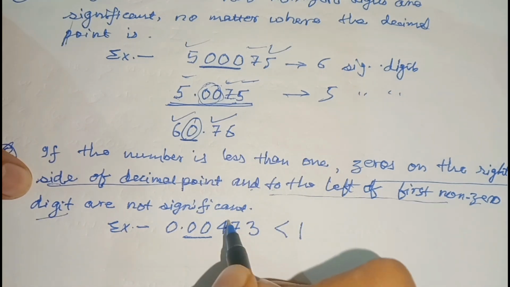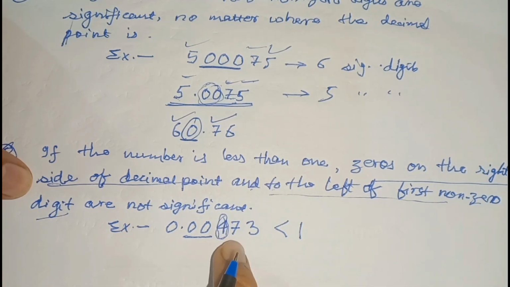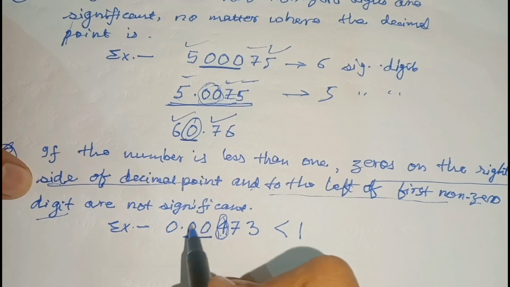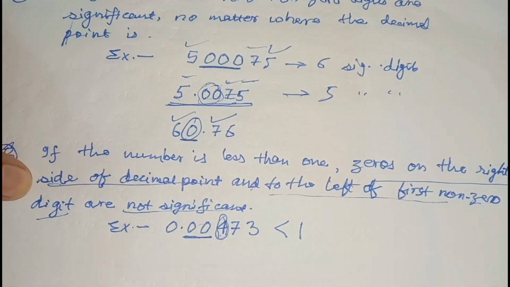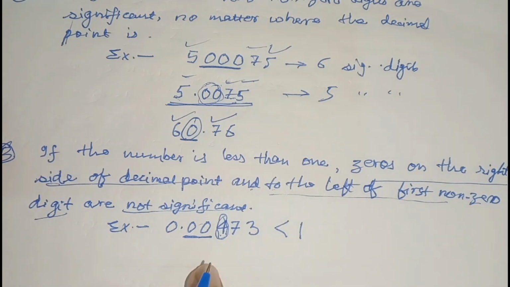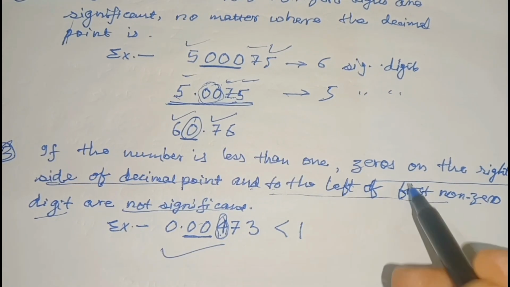Let us see, the first non-zero digit is this 4. This is the first non-zero digit. The left side of the first non-zero, these two, will not be significant. The definition says if the number is less than 1, the zeros on